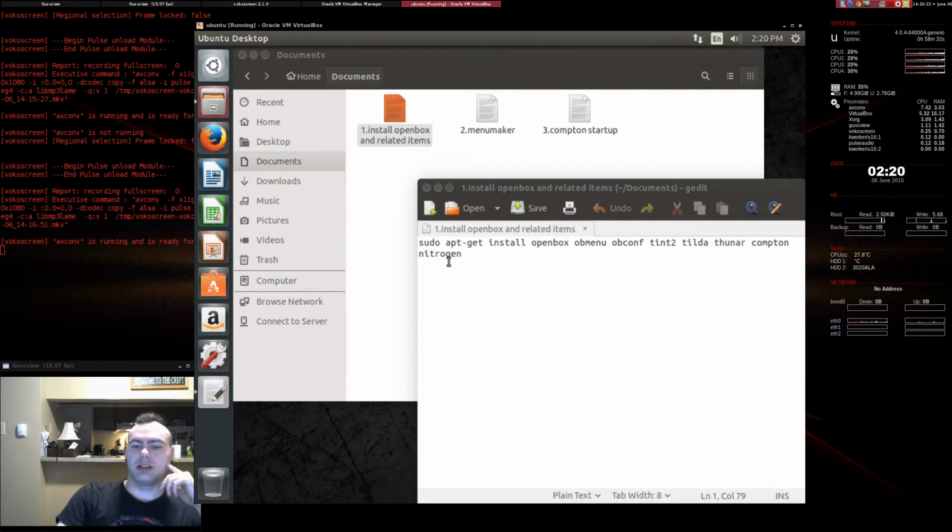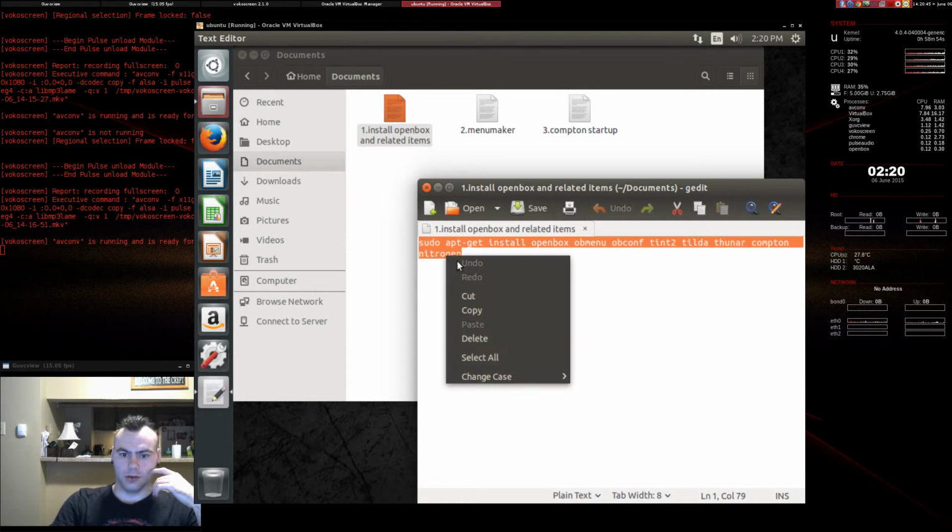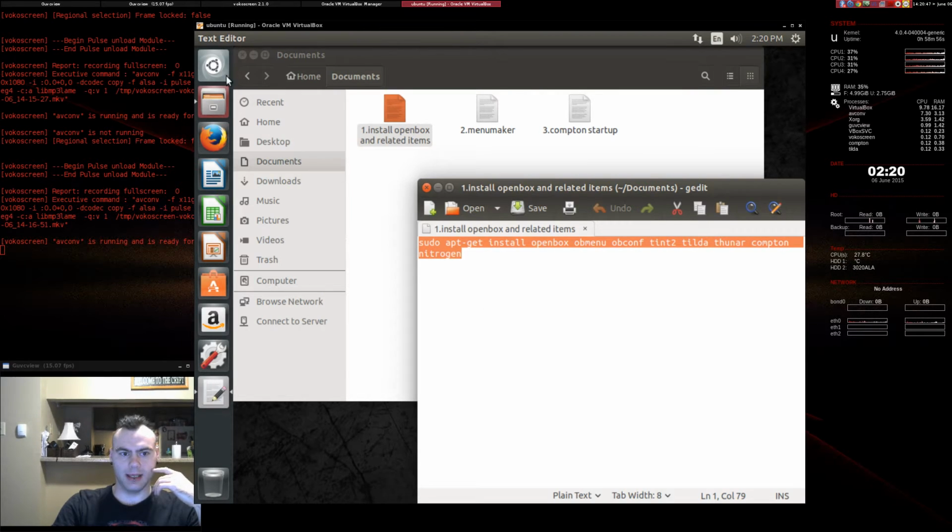And nitrogen. Nitrogen is a very easy way to set up your wallpaper, since there's no option for it in Openbox out of the box. There's a lot of things you can do, like install FEH and whatnot, but this is the simplest way. So you're going to copy and paste into a terminal,